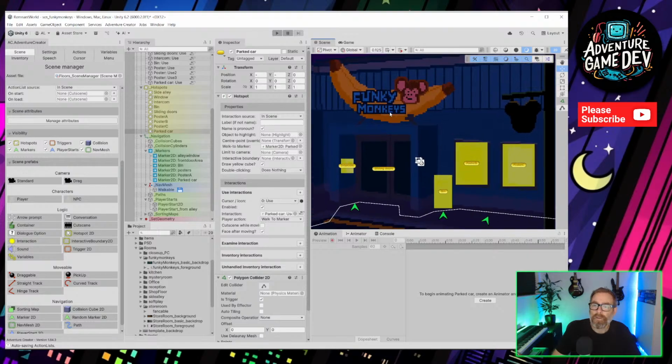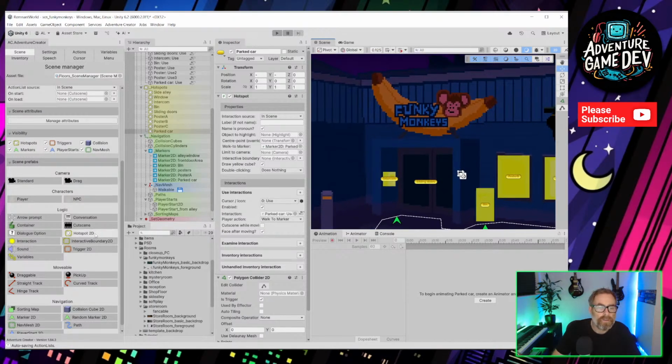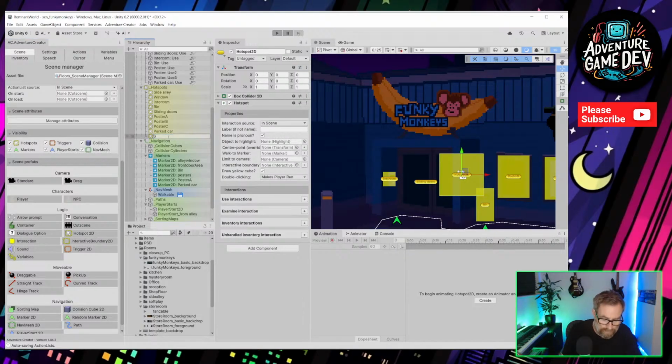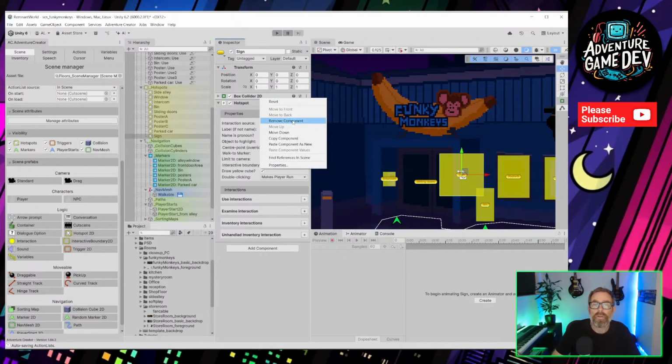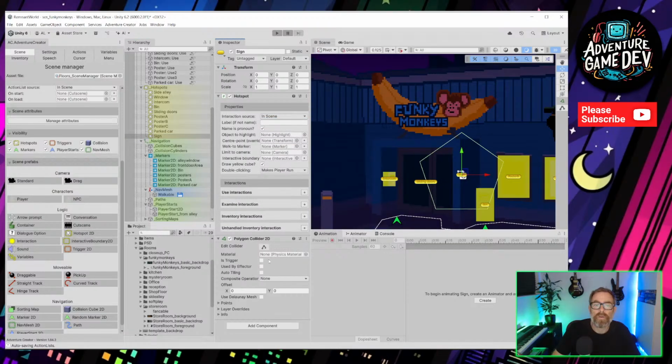We're going to need to have one on the sign, definitely. So let's create a fresh one. Call it sign. Again, I think we'll do this as a polygon collider. Edit this nicely. Actually, before you do that, you should always move its center roughly to it, because otherwise you end up getting confused about what's where.